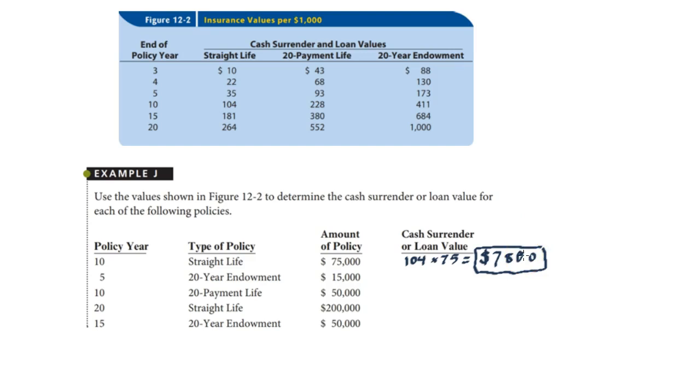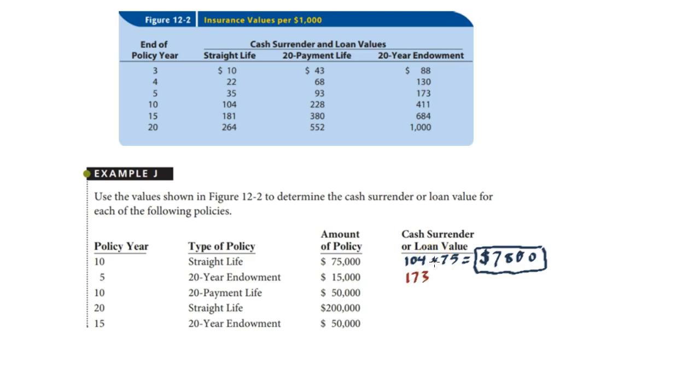Okay, now for the second one, we're dealing with the policy year of 5. So 5 years in, we decide to get a cash surrender or a loan, and we're dealing with a 20-year endowment. So we're dealing with this last column at 5, so we have 173. So let's use a different color here. So we have 173,